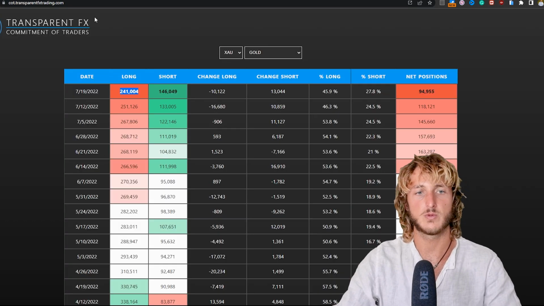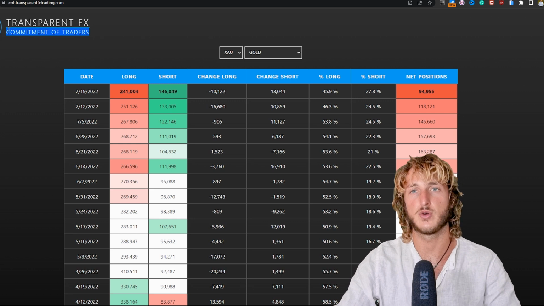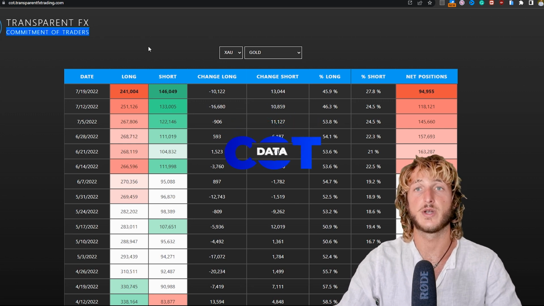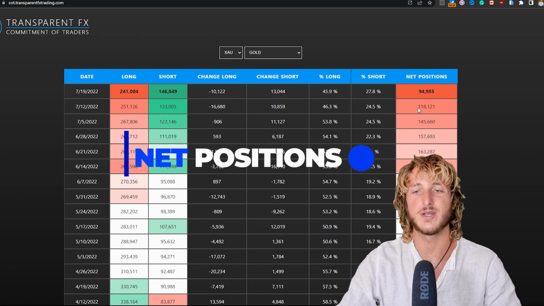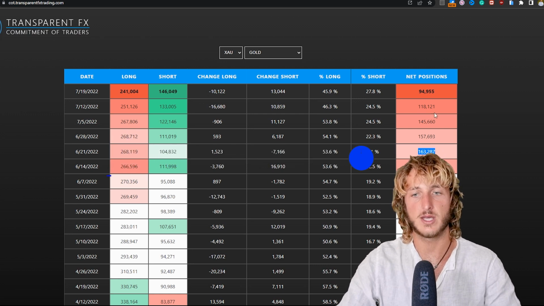Now, if we go and see what we have when it comes to the COT data, the commitment of traders, which is what hedge funds and the non-commercials, the biggest speculators in the market, are doing, and we check the data specifically for gold, we can see how with the last reports, net positions have been decreasing. We went all the way down from 163k net positions to 94k net positions, with 13k shorts added